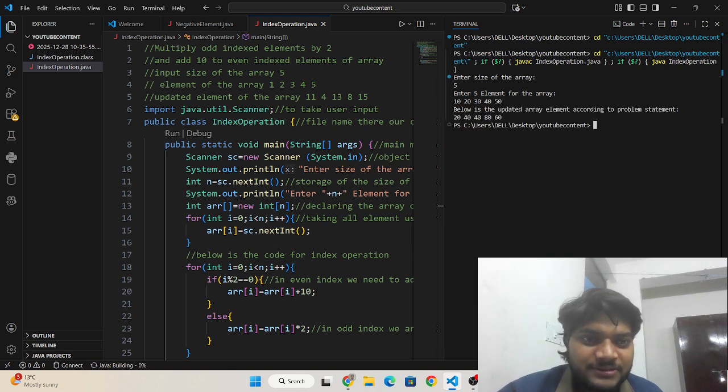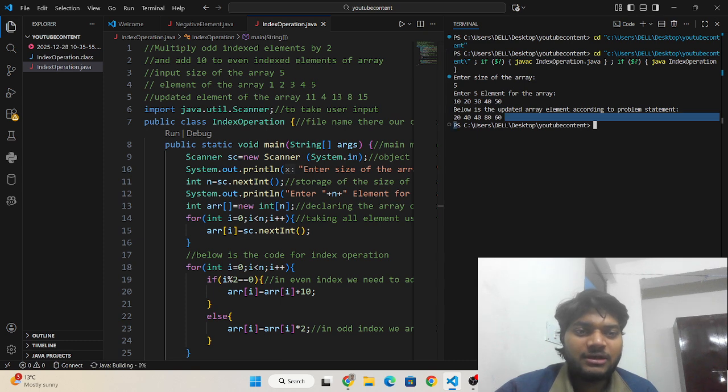Now you can see this is our result. We are adding 10 to the even index elements, and we are multiplying by 2 in odd indexes. So this is our result.